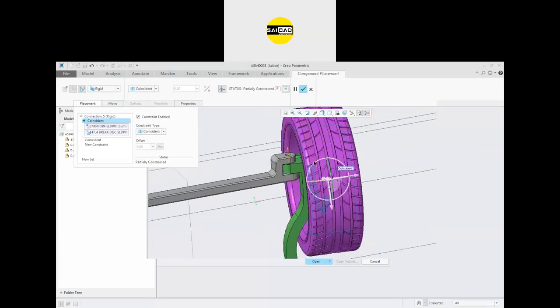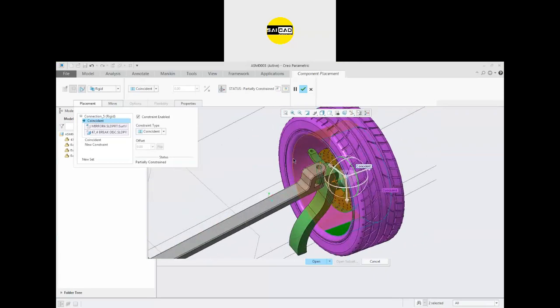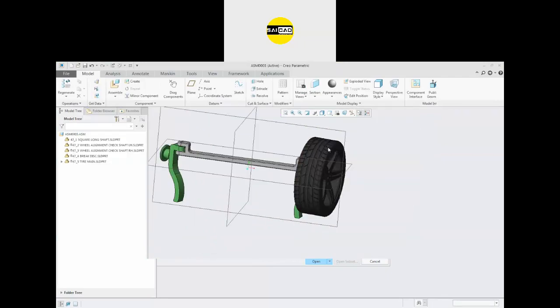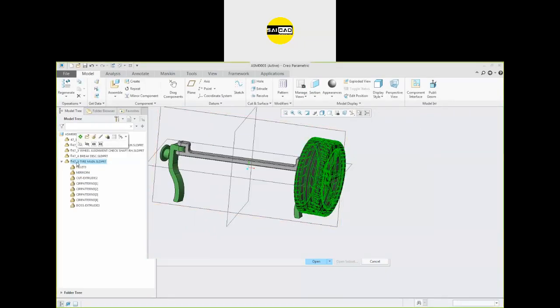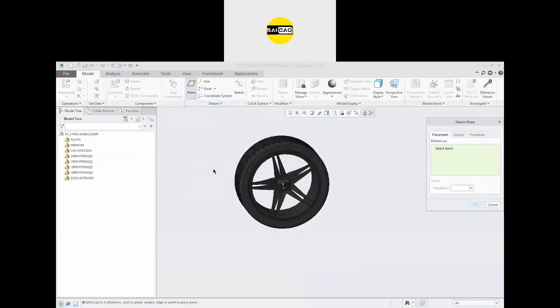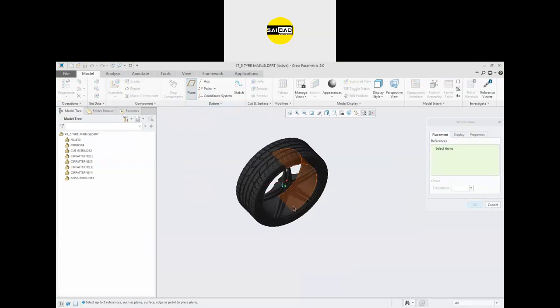Now you can see in the imported parts there are no planes. So how to define the plane? Just click OK. Open the part. You can open the part like that and you can define a plane. I'm going to define the plane.